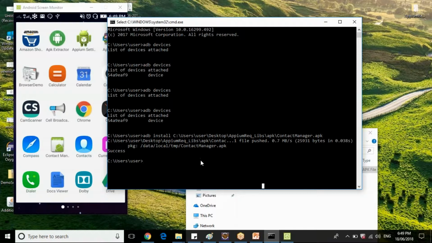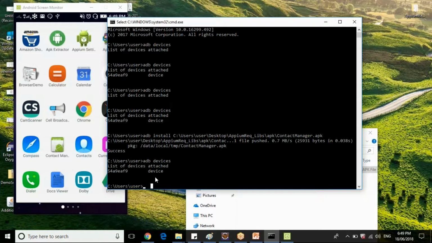So there are a couple of questions. Do we need to specify which device this app needs to be installed on? Oh, okay, in case of multiple devices connected. Since when you run the adb devices command, Chandan, you have got only one device, so you need not specify any path.